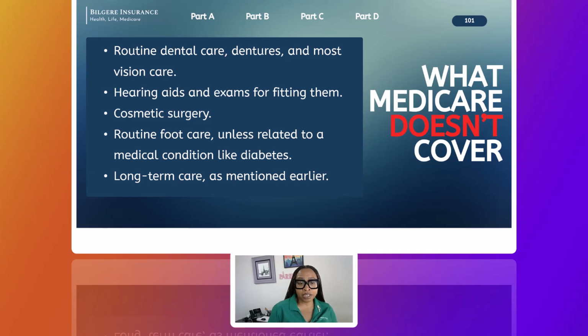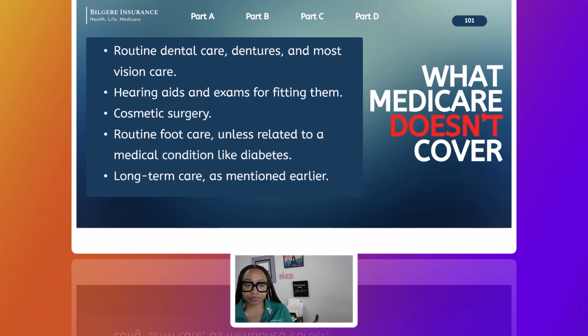I think really understanding these gaps is important. Sometimes when you get to retirement, maybe you've had a lot of your major dental work already completed. That might not be a concern, but you really want to plan for the long term, like aging all the way to 97.